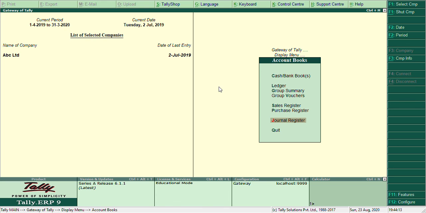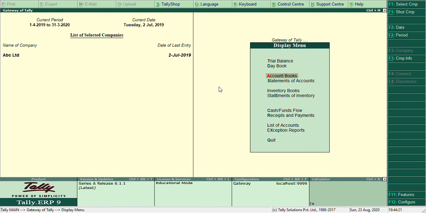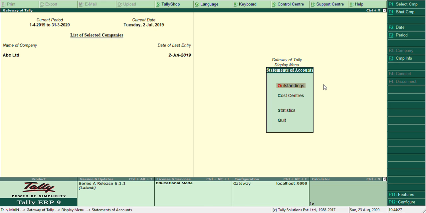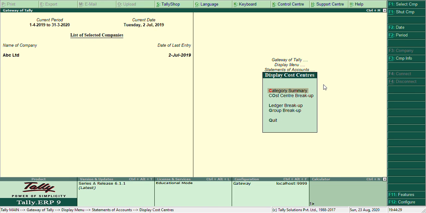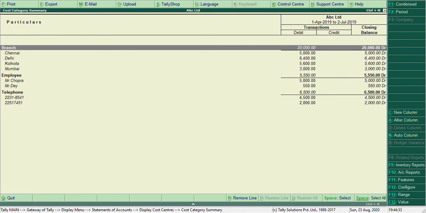Then we will find all the reports relating to the cost center. All the reports relating to cost center you will find in display statement of accounts, cost center. Under cost center you will find cost category summary. So you will find the branch wise details of all the expenses here first.